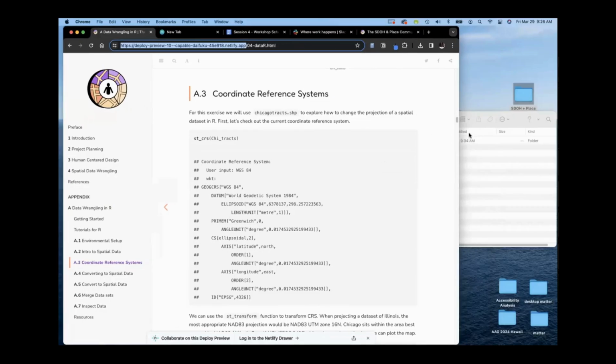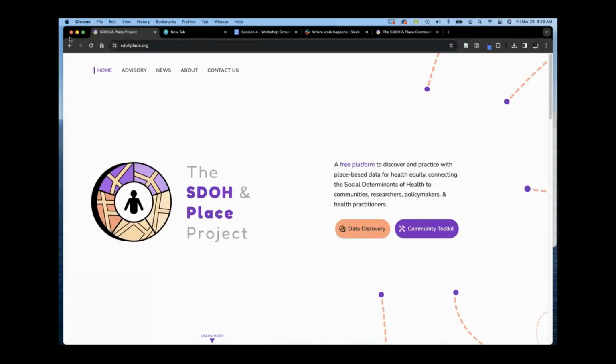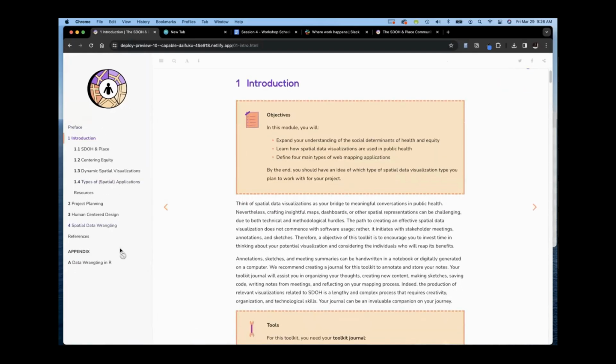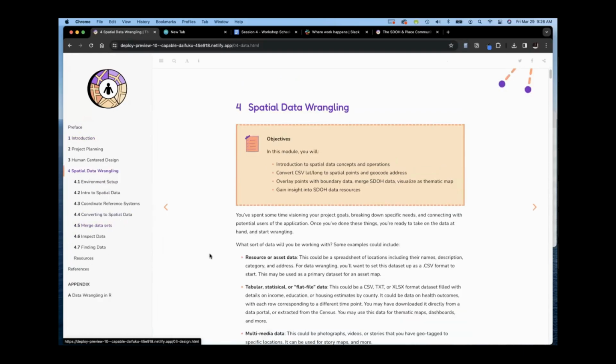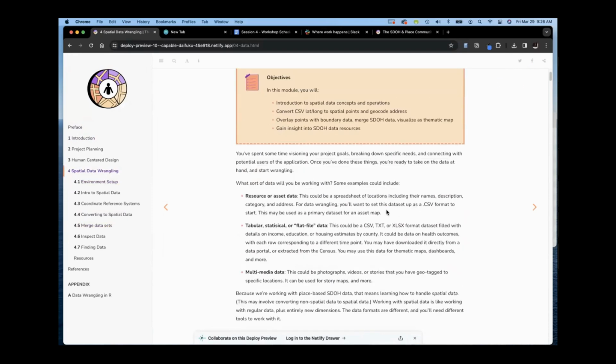So this is how it's going to look on our SDOH toolkit side. Let's go back one here. Okay, so you're familiar with the previous modules. Now there are two new modules that were actually published. It's the Spatial Data Wrangling module. Everything here is showing you how to